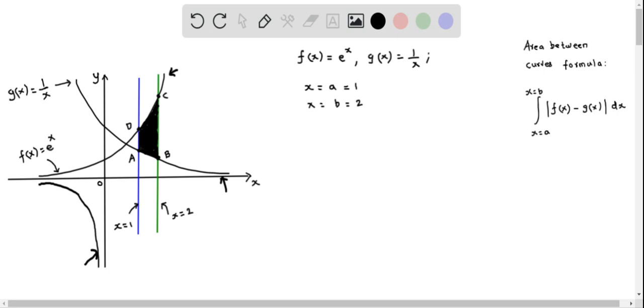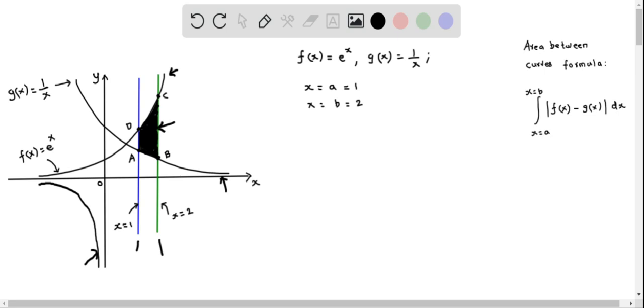This is also part of the g of x equals 1 over x function, but we will consider only the portion of the curve which lies above the x-axis, so that we get the enclosed region. And we have the two lines x equal to 1 and x equal to 2. So as indicated in this diagram, the region ABCD is the enclosed region, and we have to determine the area